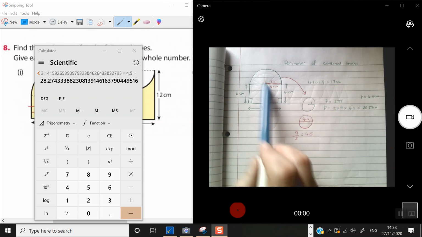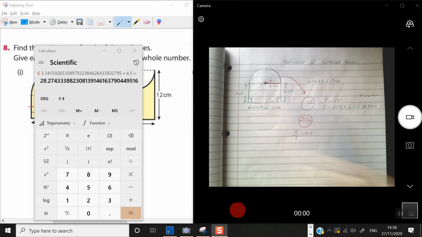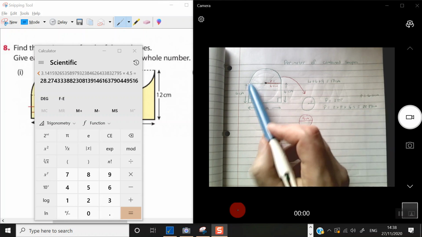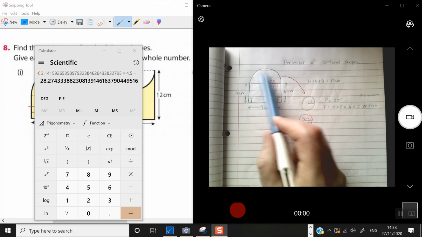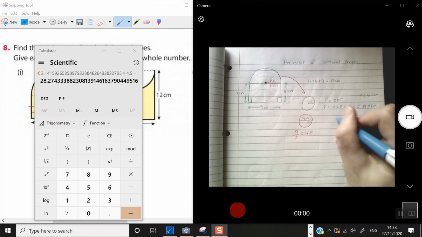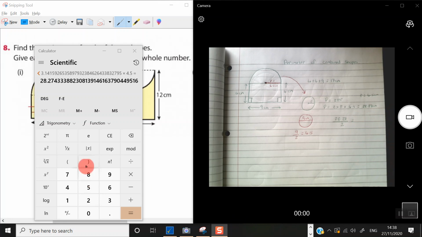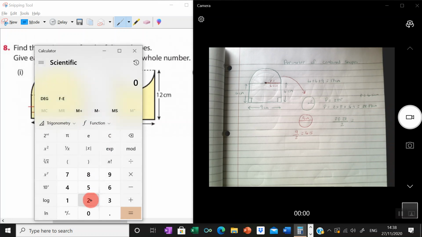So imagine we had a circle that had a radius of 4.5 centimeters. The whole circle would have a perimeter of 28.27 centimeters. Now, if we think about this particular shape, we only have half of a circle. So we need to take this value and divide it by 2. We need to split it in half. So 28.27 divided by 2, which is equal to, if we use our calculator,